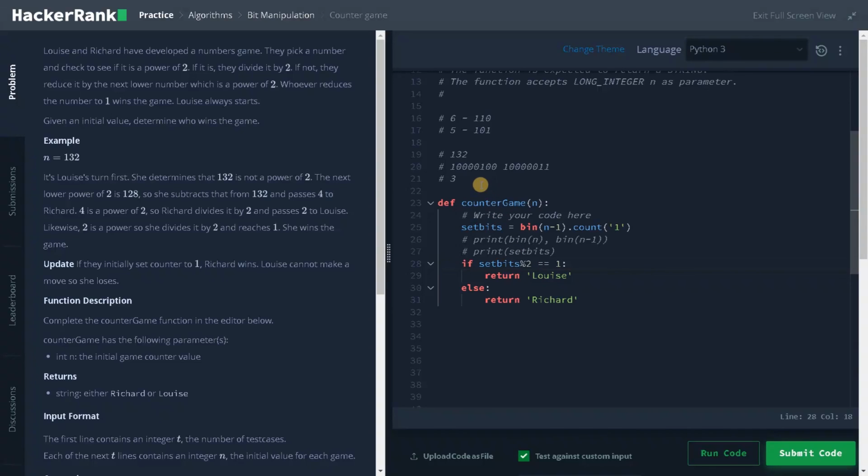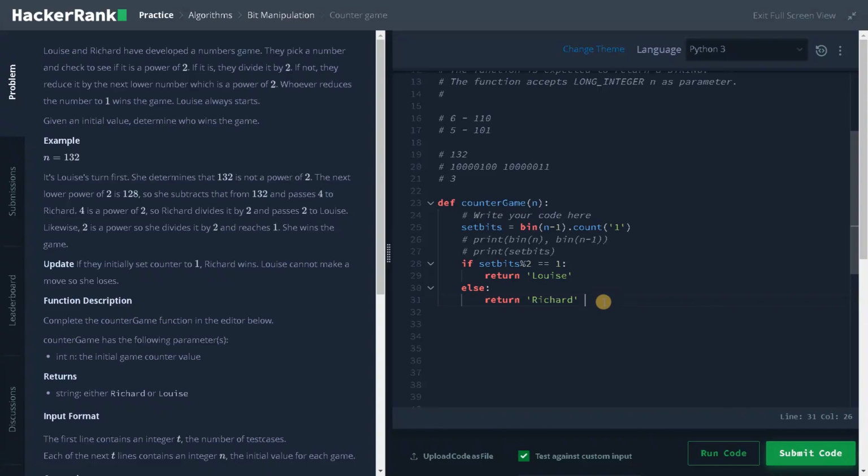So this is the whole logic of this problem. So bit operations can be a little tricky. You just have to take a pen and paper and try with various examples to arrive at a different logic. So this is like one logic. You can also arrive at the solution in different ways. Like I already said, you just have to go to a power of 2 and after that you just have to get how many zeros after that, and based on the zeros you just have to return Louis or Richard. So that's how the whole logic works here.